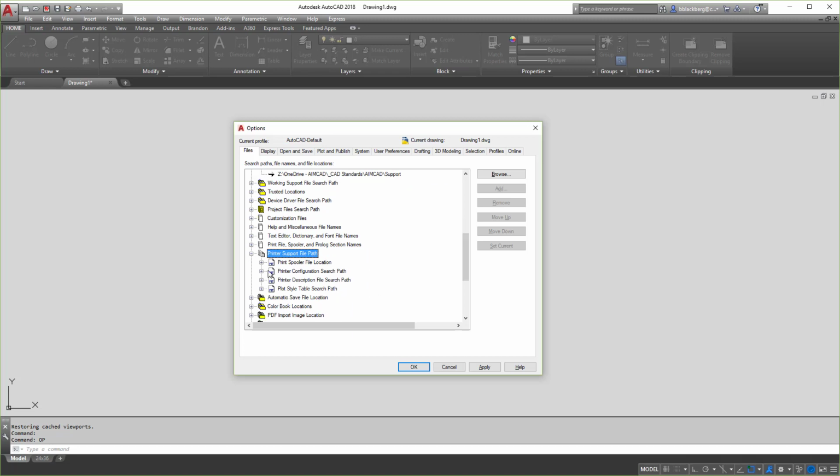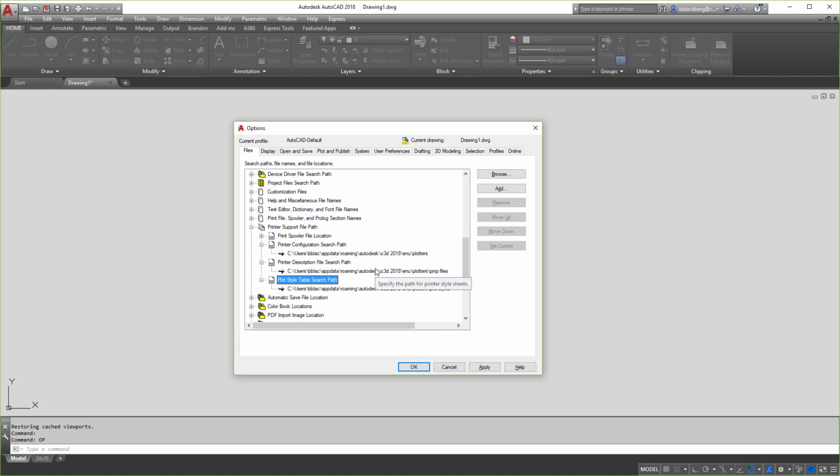All right, so moving along here, we're going to go to printer file search support path. Now, there are a few different schools of thought on here. First of all, you probably won't change the spooler location, but these three here are usually up for grabs. This one here is if you or your company uses PC3 files. A PC3 file is basically a